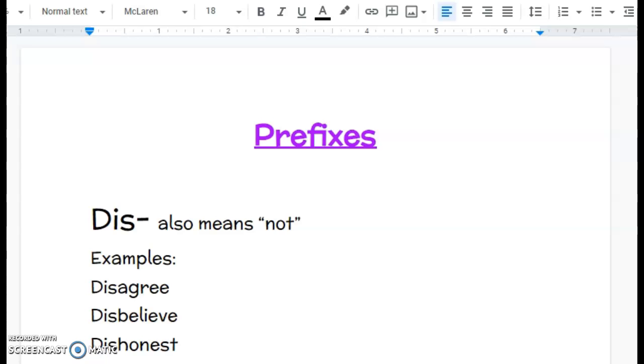All right, guys, we are back for day 2 of prefixes. Just a reminder, a prefix is a group of letters at the beginning of a word that helps us to better understand what the word means. Our prefixes all have different definitions, and they all mean something different that helps us understand what that word means and being able to figure out how to use the word, what it means, and to help us better understand